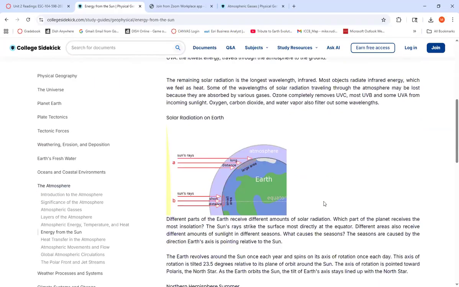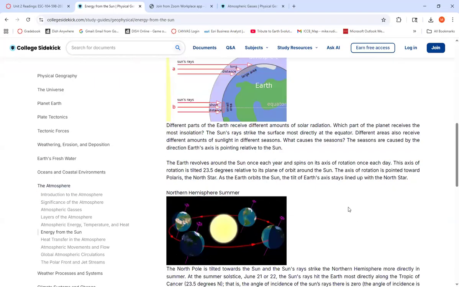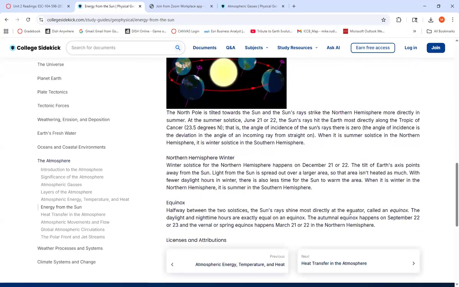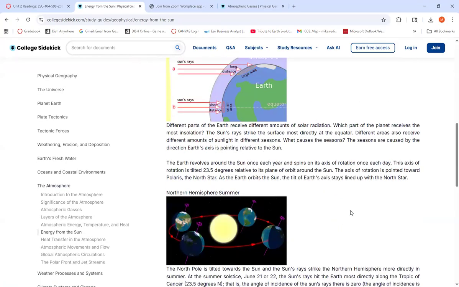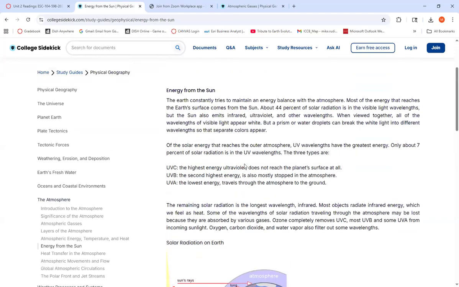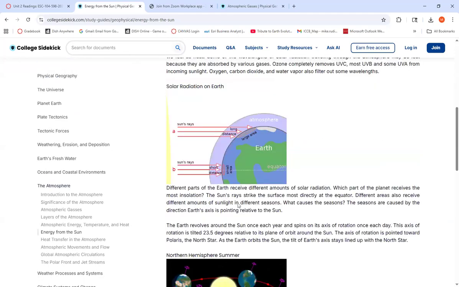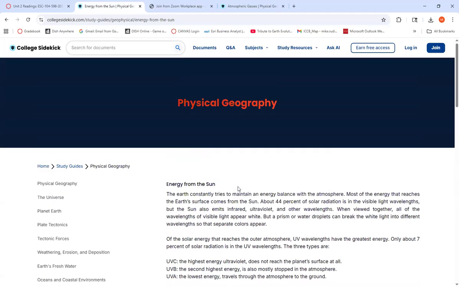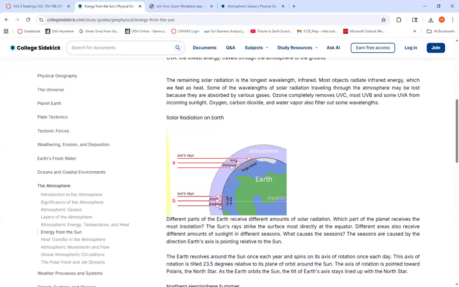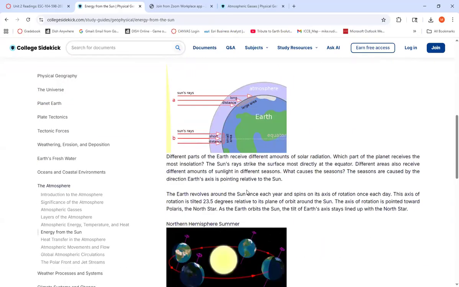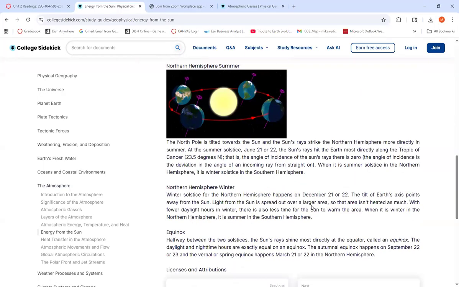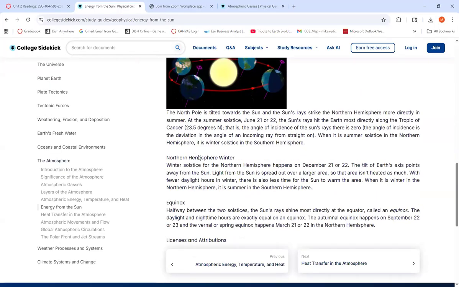This is energy from the sun, and we kind of talked about this. We saw this in the last unit. We've studied this a bit already. We already know that energy from the sun hits the earth at different angles, and it's these differing angles at different times of the year that control the seasons. Depending upon the sun's angle during an equinox or solstice is what determines our seasons of fall, spring, winter,